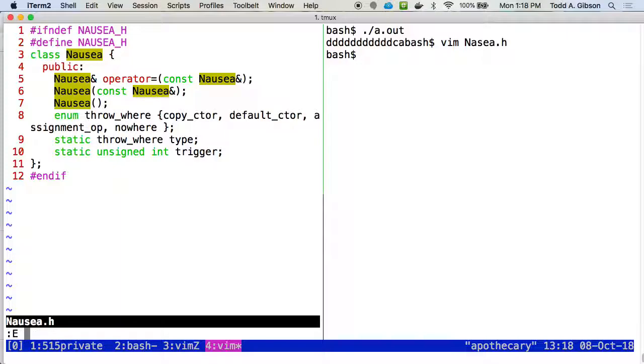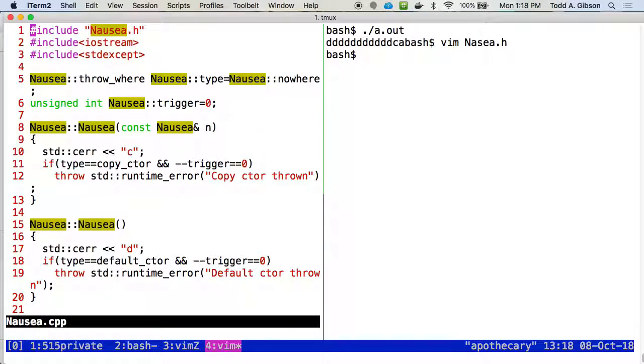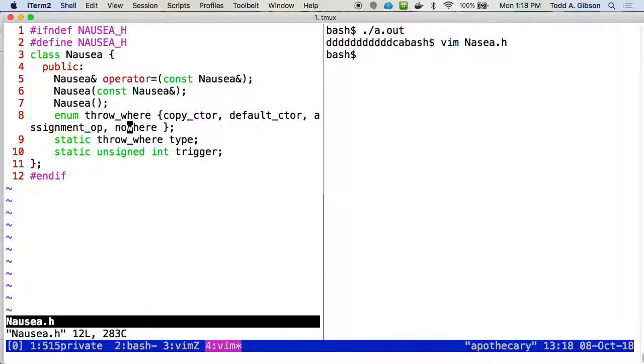And if we look at nausea.cpp, we'll see that nowhere is the default. So right here, there is a variable called throw where. If I look at this right here,